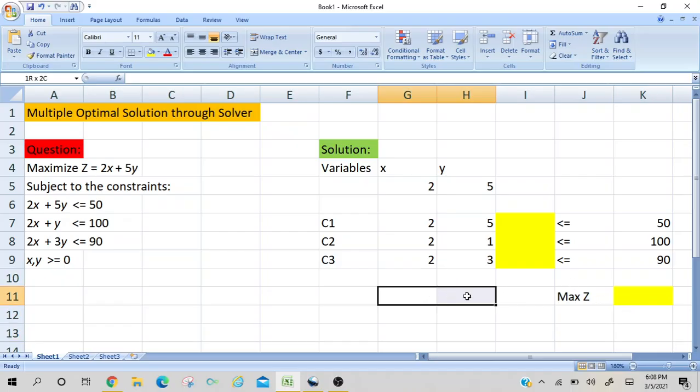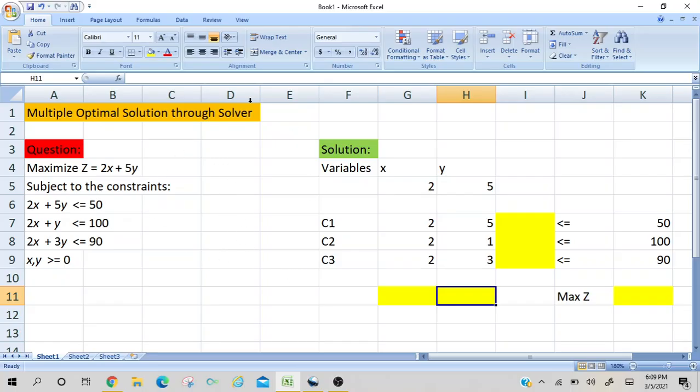Similarly I will fill the two cells G11 and H11 with the same yellow color. You can choose any color. Why am I filling these two cells with color? Because here I will get the values for my x and y variables after applying the solver.